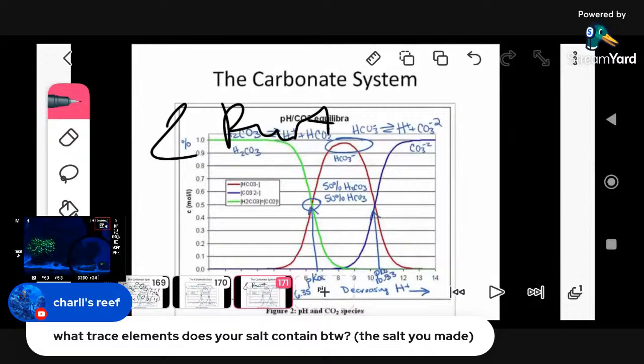Otherwise, I just always recommend other trace elements that I always see me use. Right now, I'm using Kent. Fuel is good. All of them are good. They all pretty much do the same thing. But trace elements I do highly recommend to look for are boron, borate, strontium, a little bit of fluoride. What else? I forgot. I think manganese. I think nickel, maybe. I forgot. You guys look that up. Do an ICP test. Those will tell you.